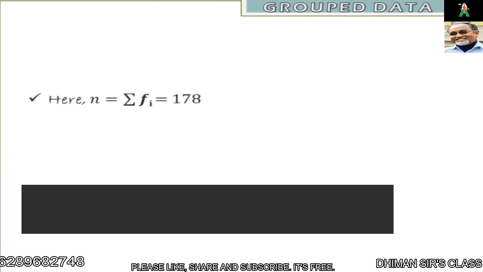After we have organized our data and found the cumulative frequency, we will consider the total frequency, that is N, which was 178 in this case. We will take half of this value, that is N by 2, because this value will help us to find the median of grouped data. So N by 2 is nothing but 178 by 2, that is 89. Now we will see the class interval which has a cumulative frequency greater than 89. So let us see which is that class interval.